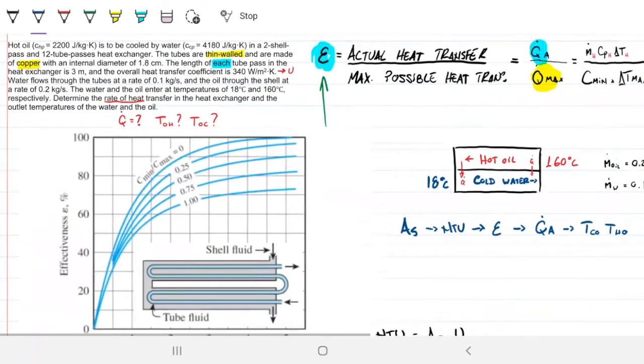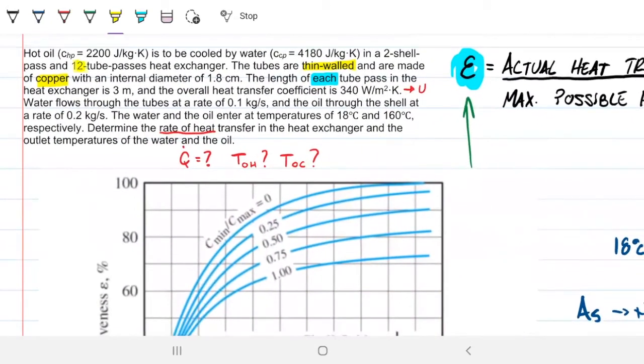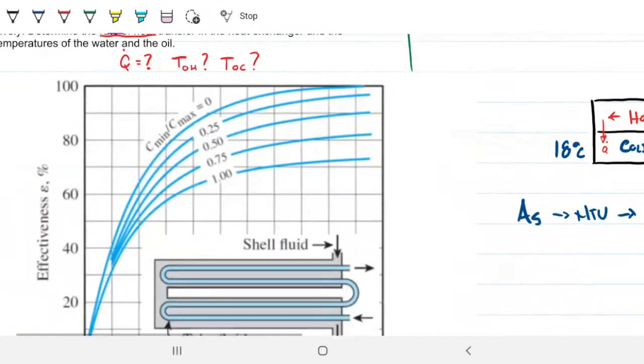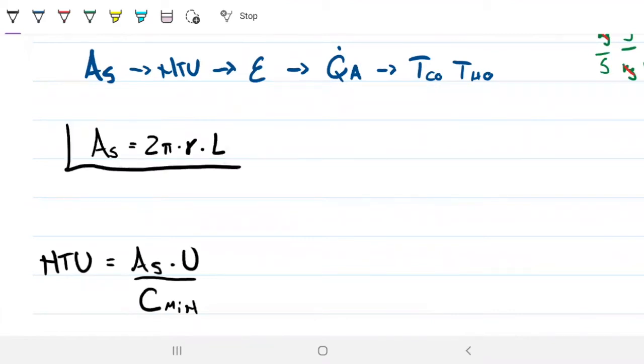We were told we have 12 tubes, and that each of them has 3 meters in length, and the diameter of them is 1.8 centimeters. So that's very straightforward for us to find that area. The surface area of a tube or a cylinder will be 2 pi r times its length. Yeah, that's for one of them, right? So if I want the full surface area for the whole heat exchanger,